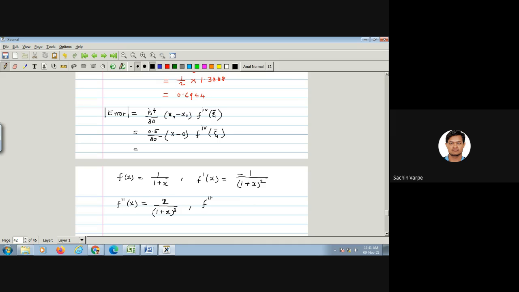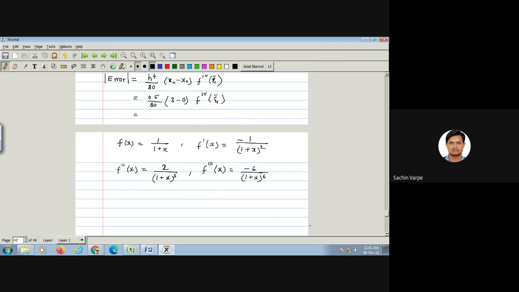And the third derivative of function is minus 6 upon 1 plus x raised to 6. And the fourth derivative is plus 6 4s are 24, right? So plus 24 upon